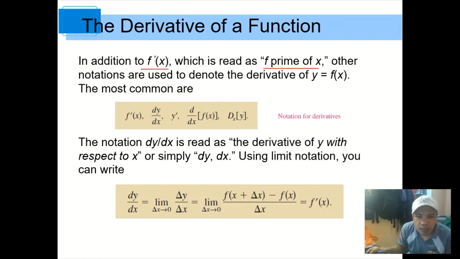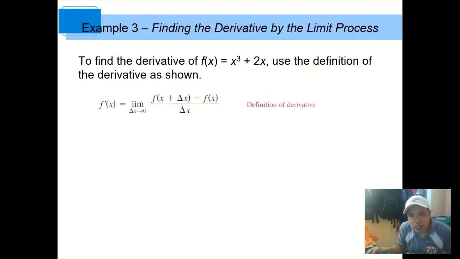Then, the derivative also has different notations, f prime x, dy dx, or the derivative of y with respect to x, or simply dy dx, or y prime. Then, d over dx of f of x, and d over dx of y. So, yan yung mga notation kung paano natin pwedeng isulat si derivative. Okay, so example number 3. Finding derivative by the limit process. To find the derivative of f of x is equals to x cubed plus 2x. Use the definition of the derivative as shown. So, x